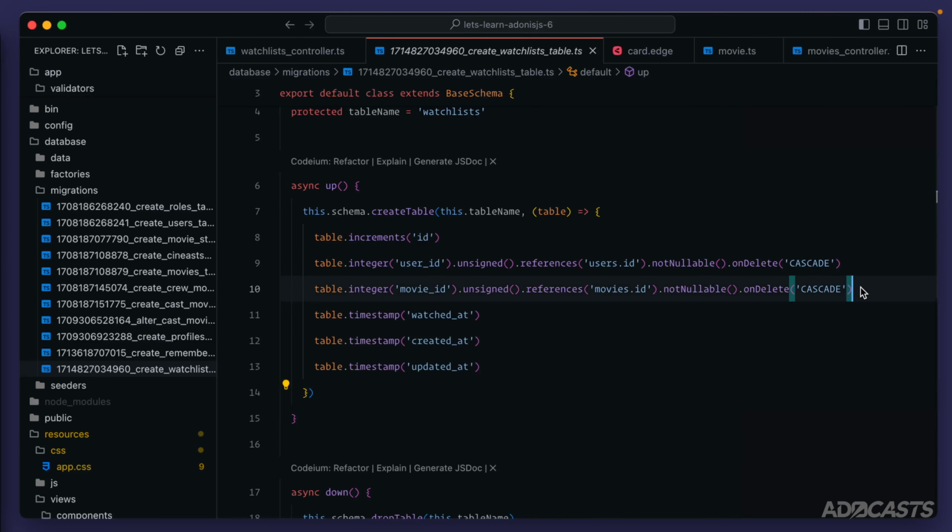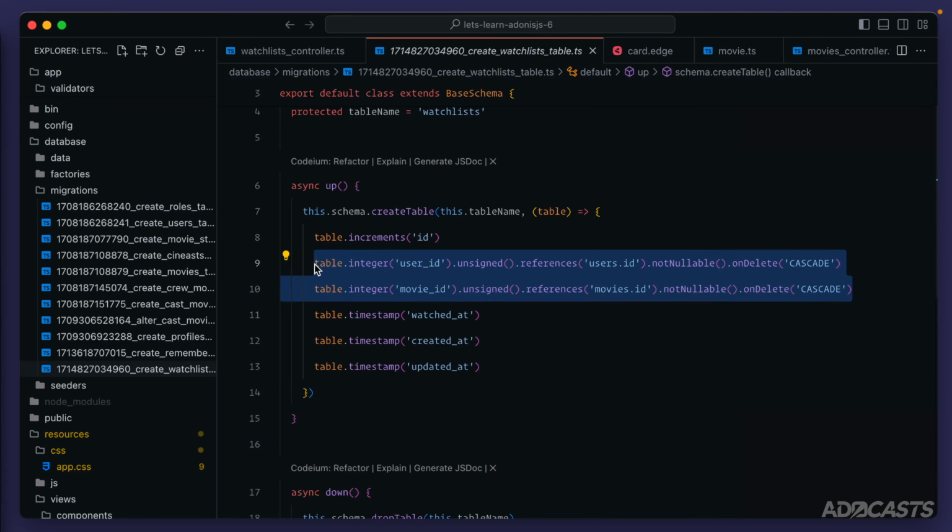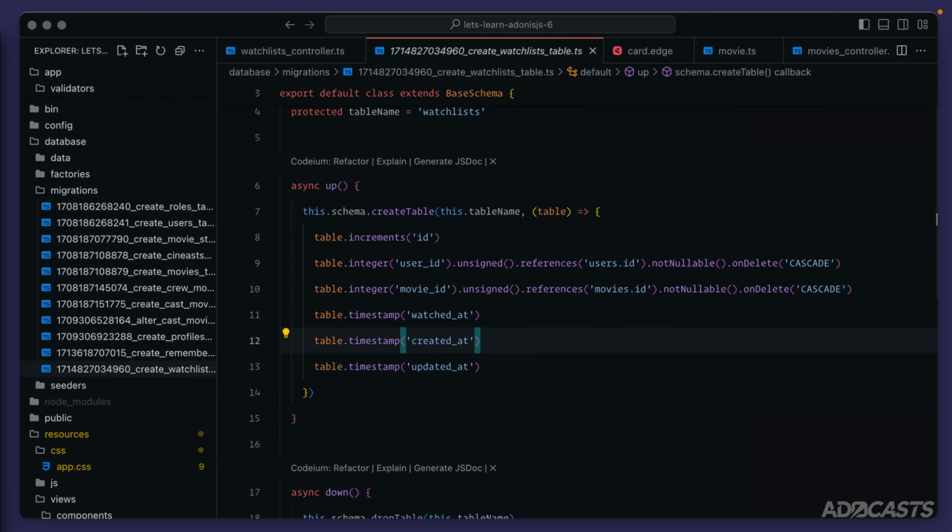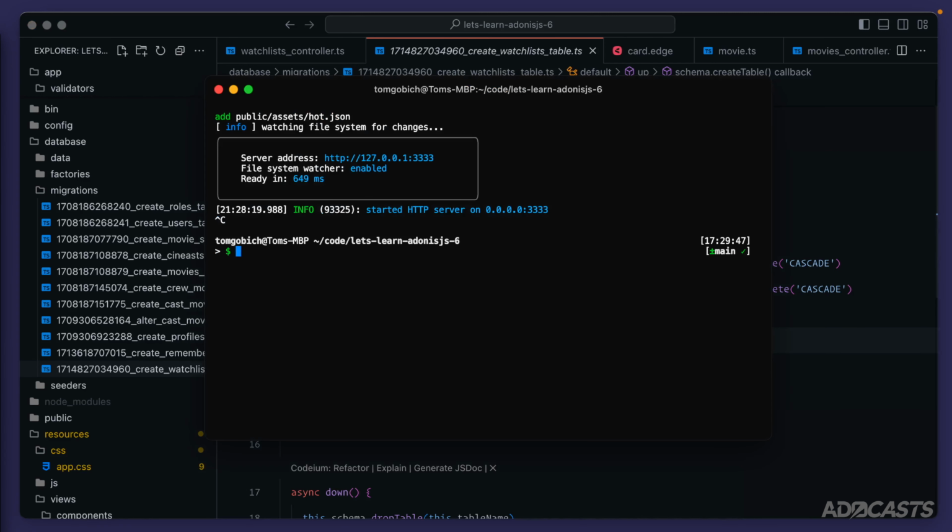So currently with the way that we have things, there's nothing actually preventing a single user from having a single movie inside of their watch list more than once, which may result in unexpected behavior in terms of our application. To run through a quick example of this, if we jump into a REPL session, so let's clear this out,